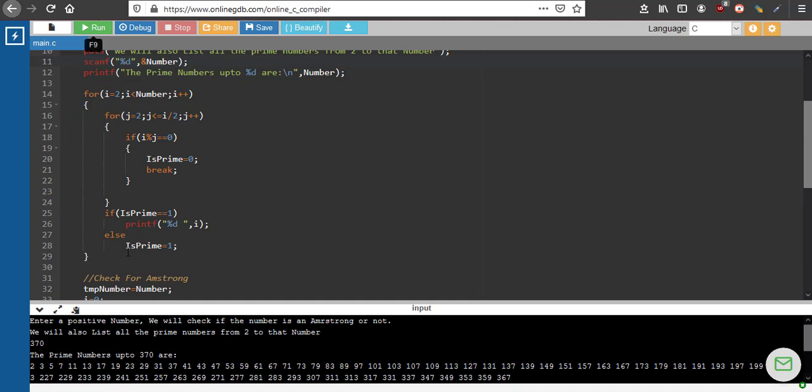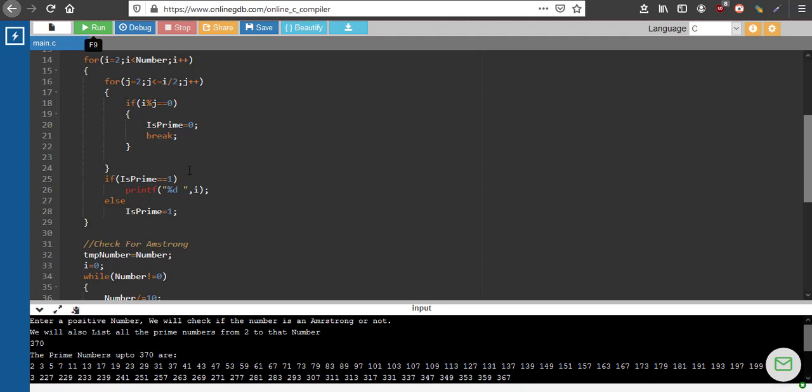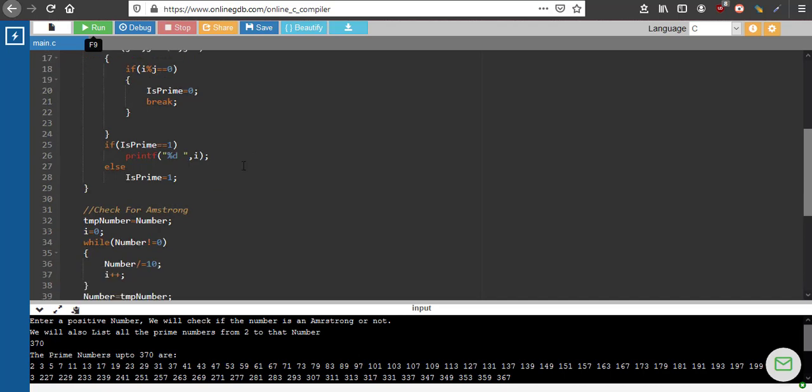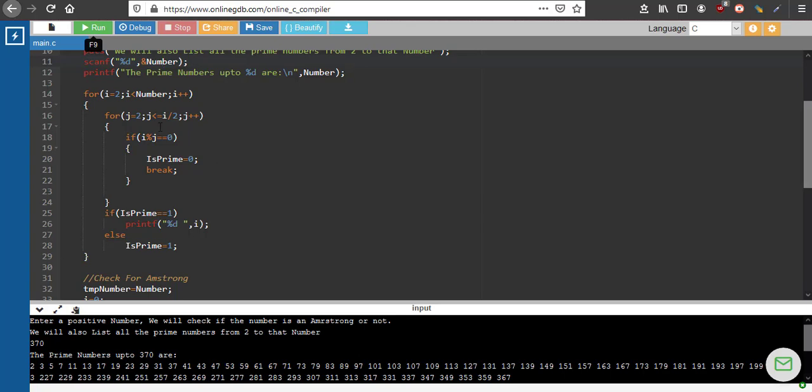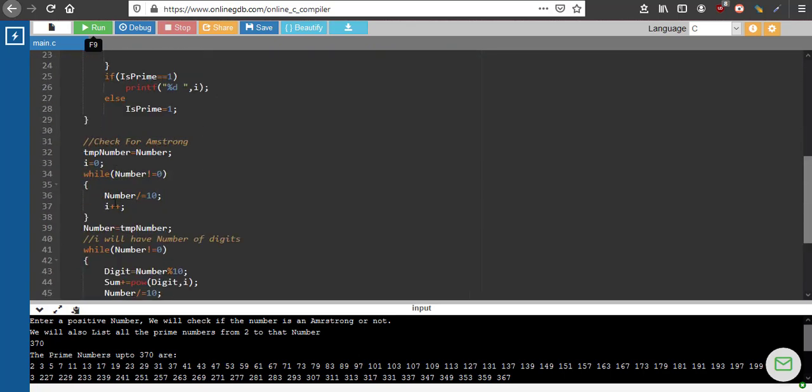Now we are using the loop. This loop you might be familiar with, from 2 to that number, from 2 to whatever the i value is, up to that we are checking whether it is prime. Then if it is prime, we are printing it. Otherwise, we will go on trying with the next number. So basically, if the number is 10 we are checking with 2, 3, 4, 5, 6. We are checking whether each and every number is prime or not. So this we have already done in your code. So I am just quickly going through this.